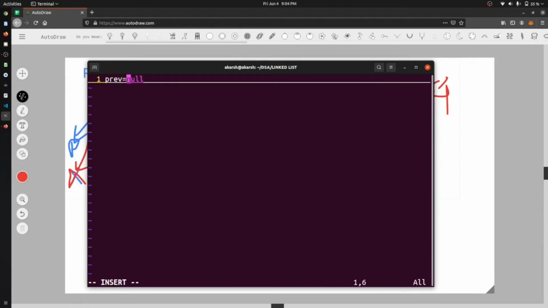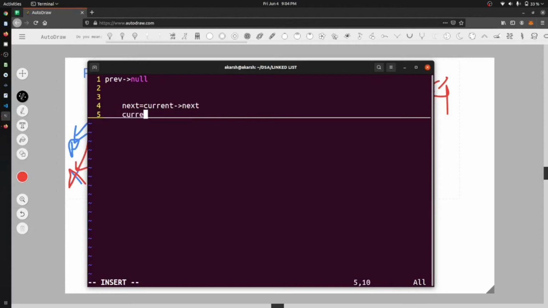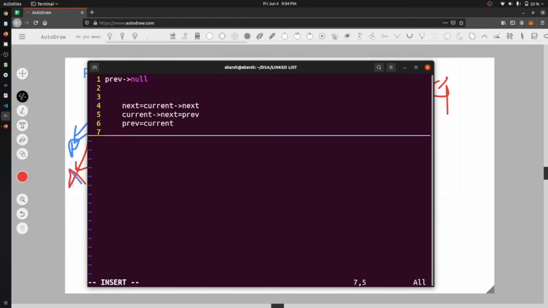Okay, and after that we will have a next that will equal current dot next. Okay, and after that current dot next is equal to previous. Okay, and then previous is equal to current, and current is equal to next,